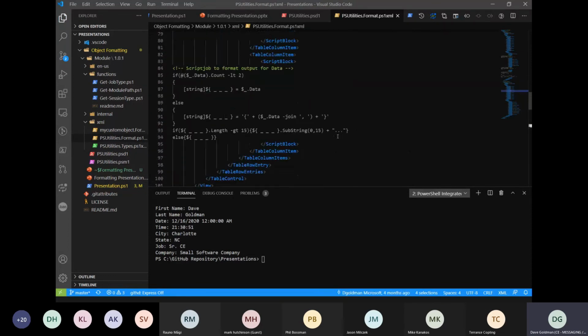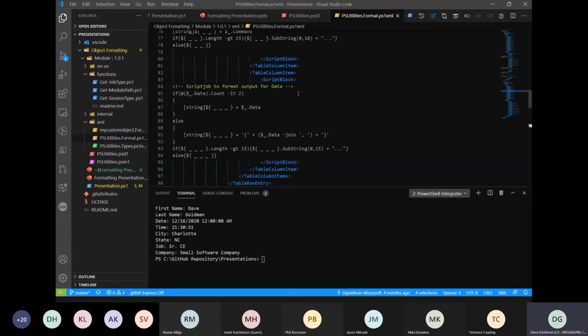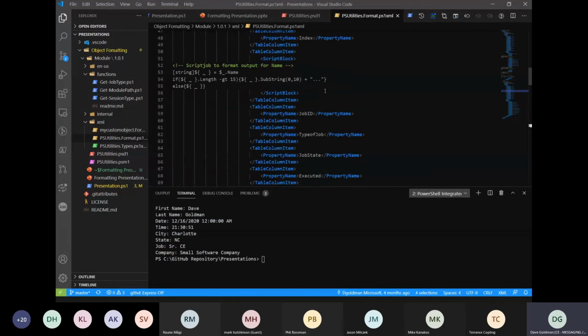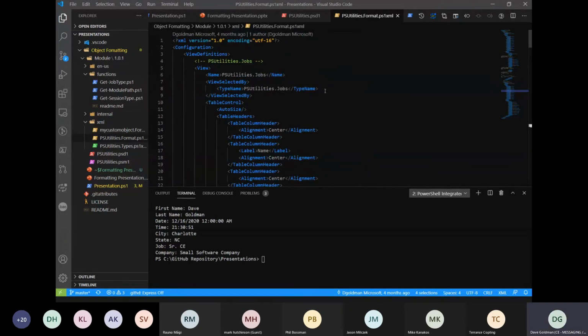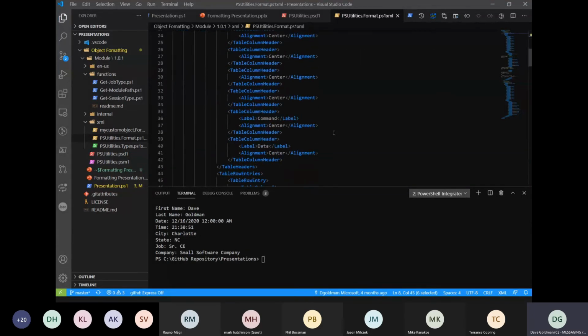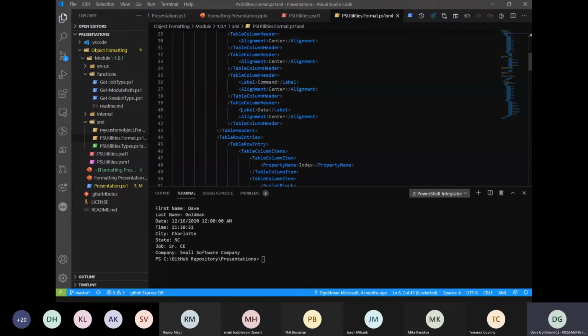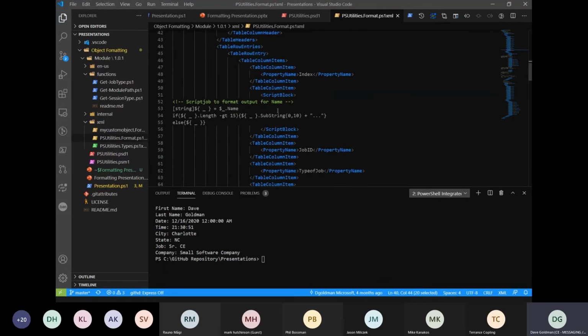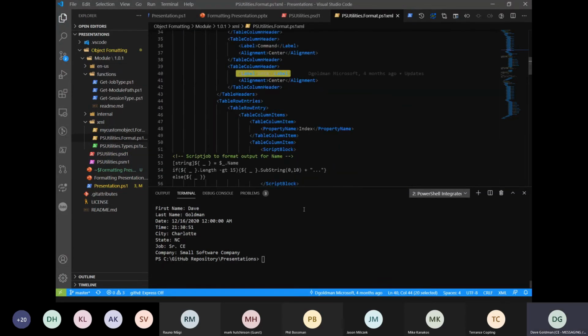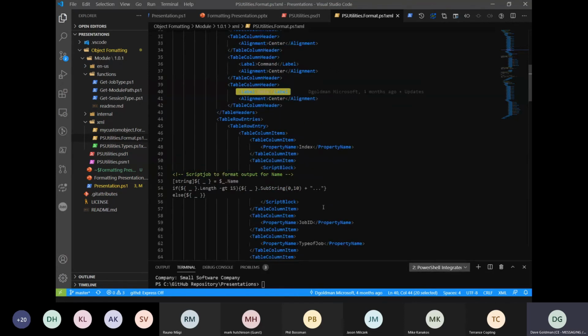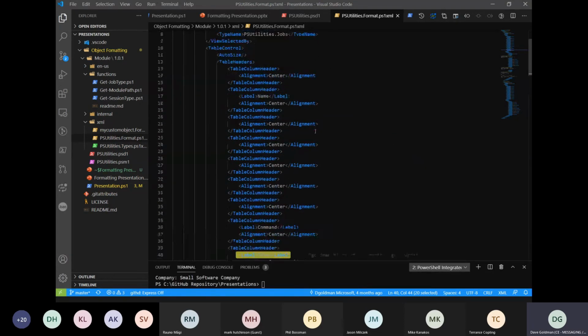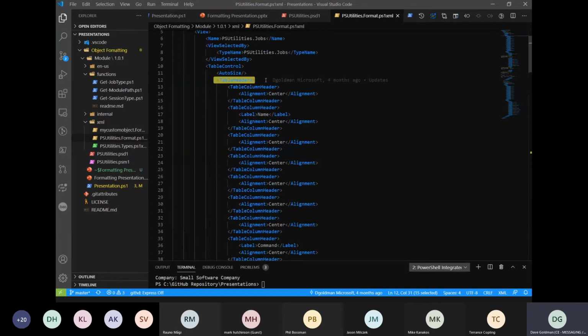We don't have too much more here, but I was going to show you how to do it for a module. When you create a view, let's say, for example, I have one for jobs, and there's a data field. Here's the data field here. Your table has table headers, which have to have the names, right?